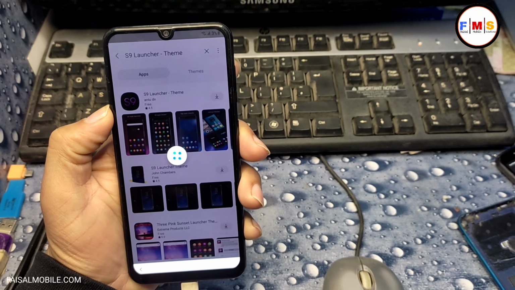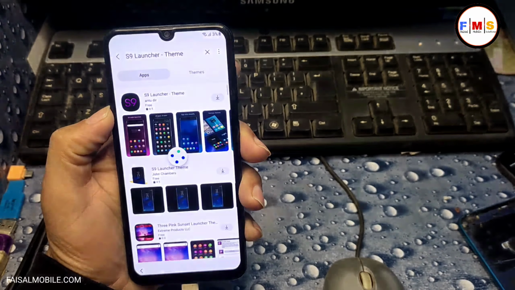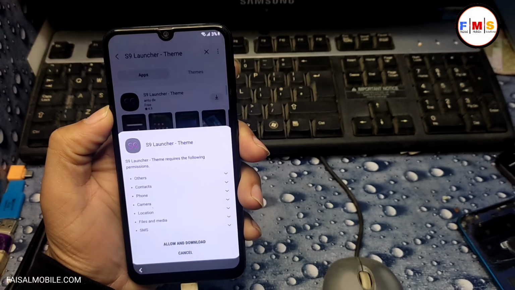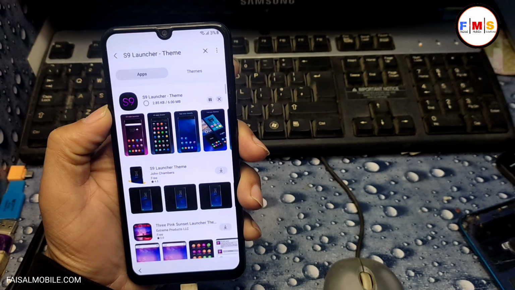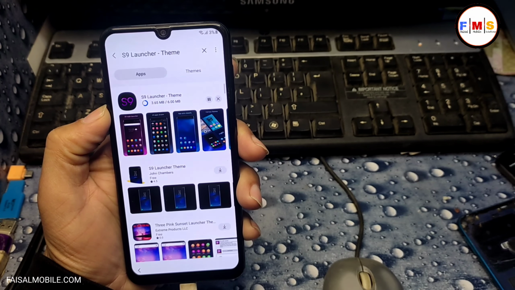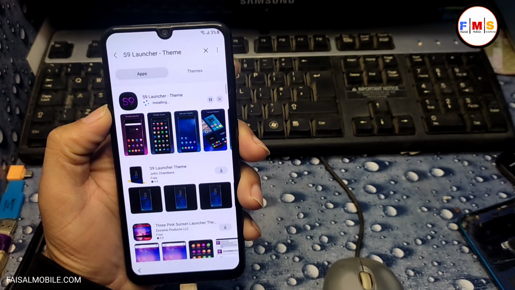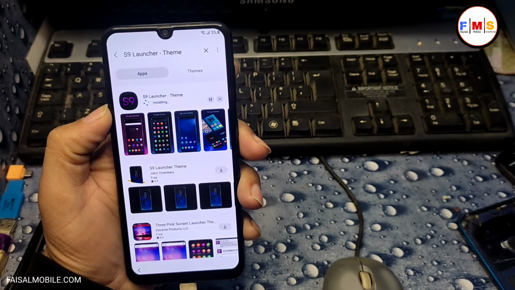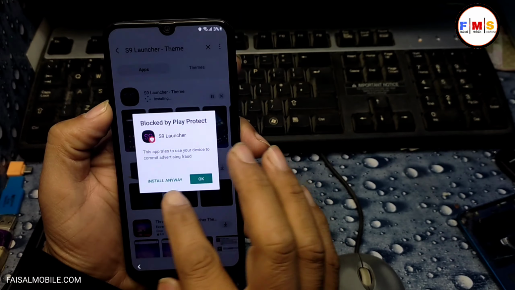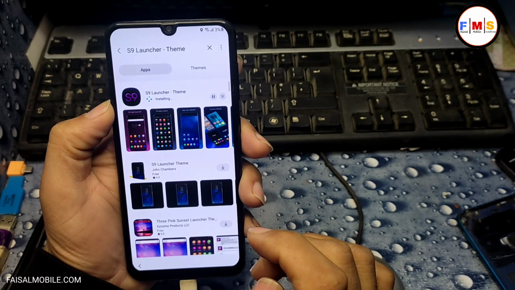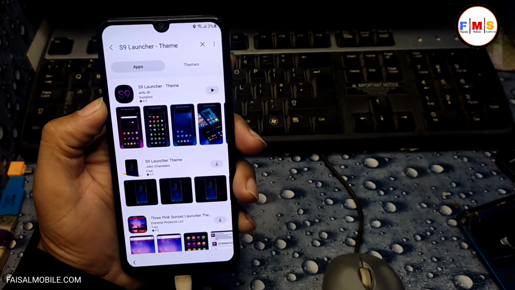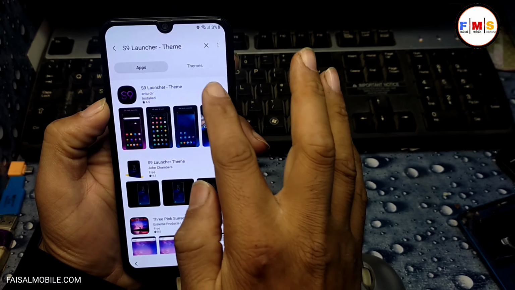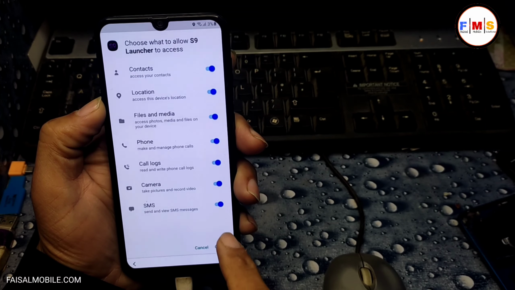As you can see, our file is going to download. Click allow and now it's downloading, and after the downloading finishes, we need to open it, install anyway, and now we need to click on the play button to open it, continue.